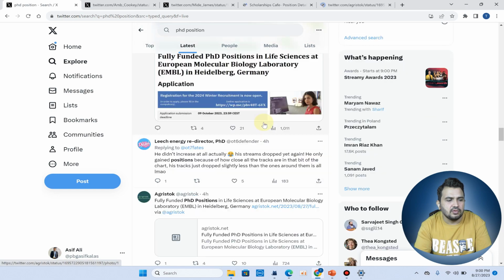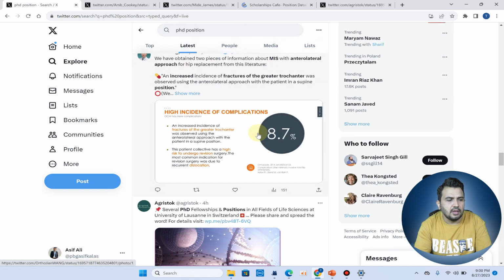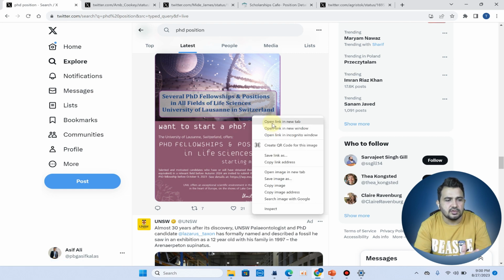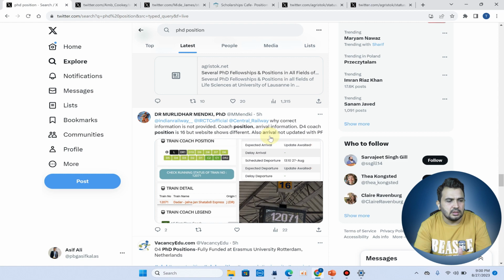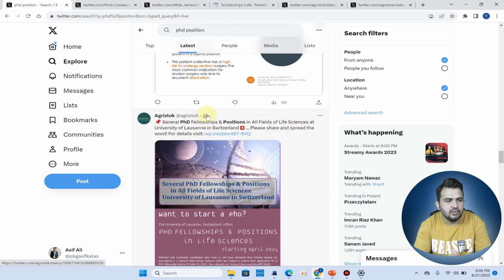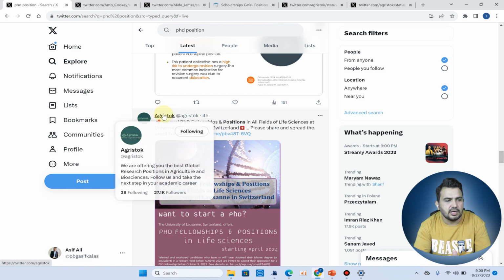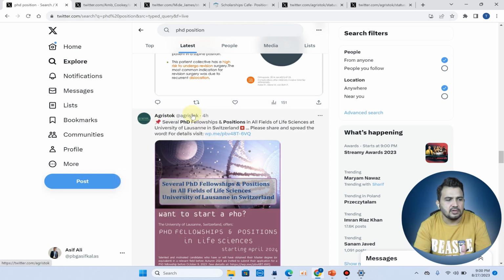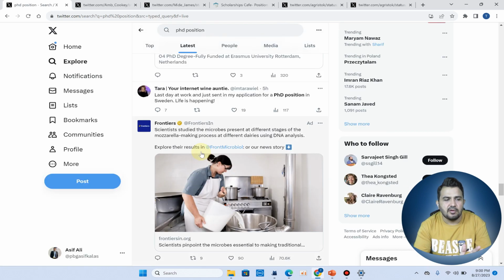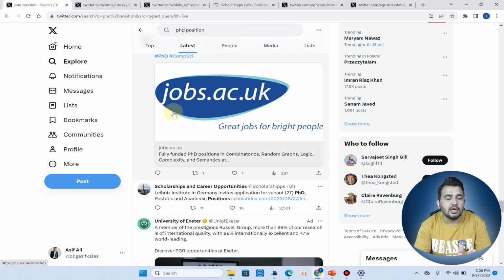Similarly, here are several PhD fellowships and positions in all fields of life sciences in Switzerland. You can see these posts were shared just a few hours ago. This is a very good platform to find scholarships, like AgriStock, just 4 hours ago. Similarly, you can check one by one whether something is related to you or not.